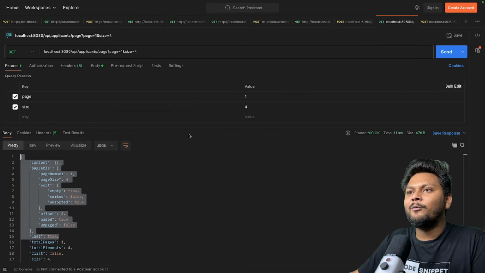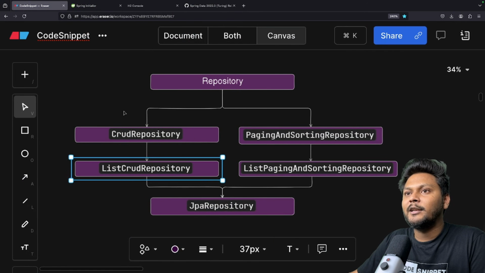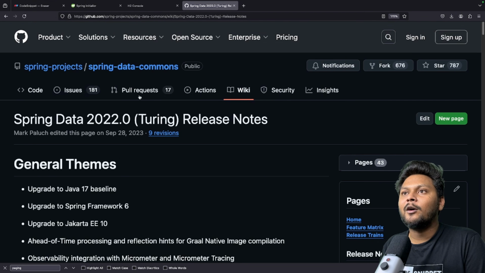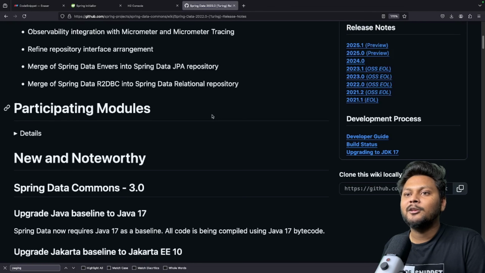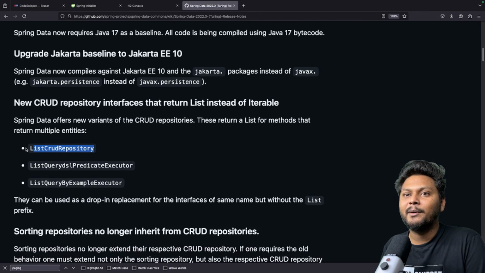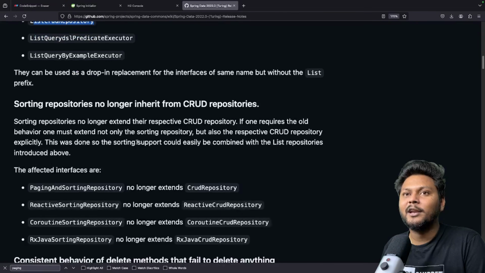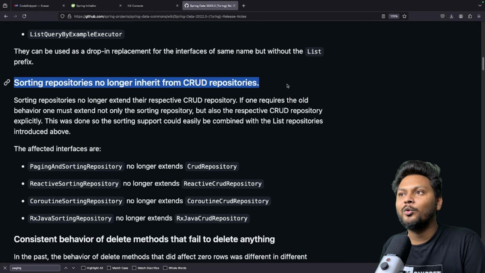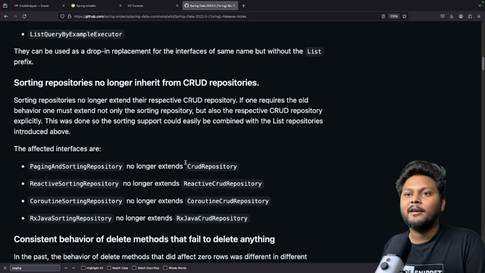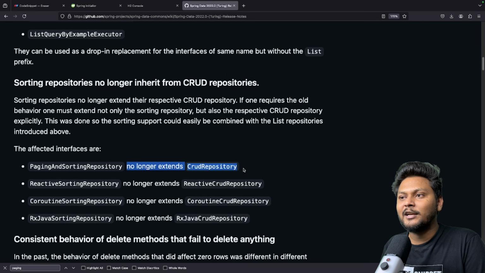That is basically it. And why do they need to do it? If I show you real quick, we have the Spring Data Commons release notes over here. So we have the Spring Data release notes, right? If you see over here, they are implementing something called ListCrudRepository, and they say that sorting repositories no longer inherit from CrudRepository, right? Loud and clear. You can also see over here that PagingAndSortingRepository no longer extends CrudRepository,